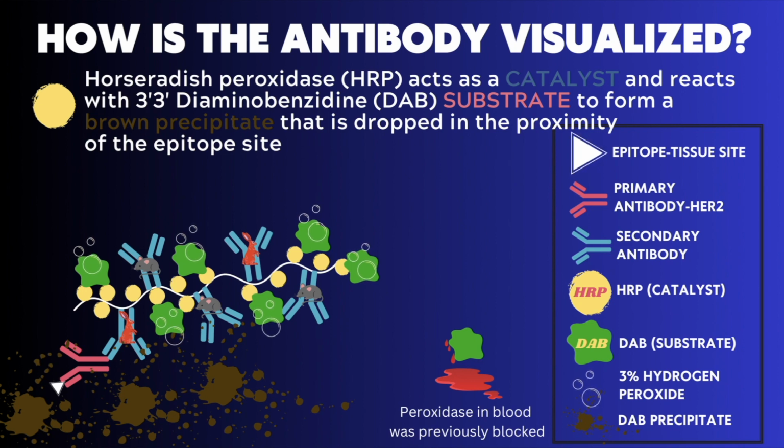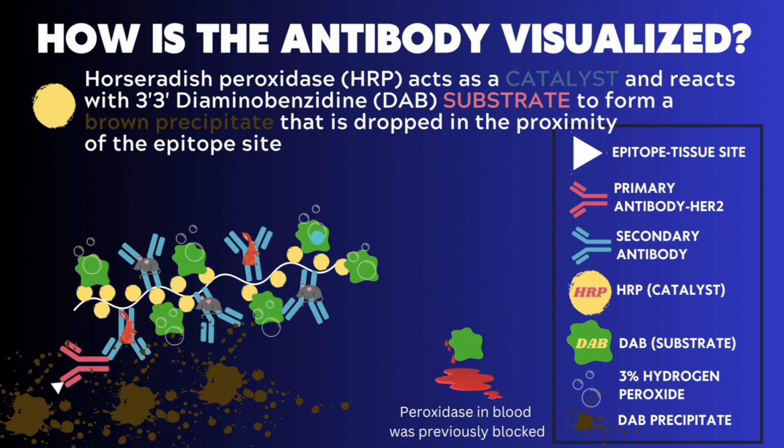Just like in the last slide, the primary and secondary antibodies are represented with pink and blue Y-shaped symbols. The yellow balls, or HRP, are ready for action. Now, interesting fact, HRP, or horseradish peroxidase, really is derived from the horseradish root that some of you may use to enhance your prime rib at a steakhouse. The green blobs, labeled DAB, are the chemical compound